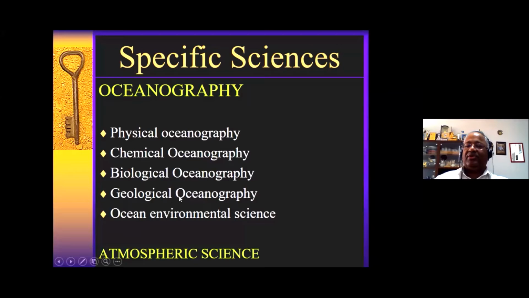Then geological oceanography, like geology on the earth: how is the ocean floor, what type of material is on the ground, how strong it is, whether you have hills, volcanoes, what is the strength of the ground, all these things. That is called geological. And the environment, ocean environment. Okay, the general environment, like the environment we live in, we have to also learn about the environment. So these are all knowledge building. Before you become an ocean engineer, you have to learn all these things.